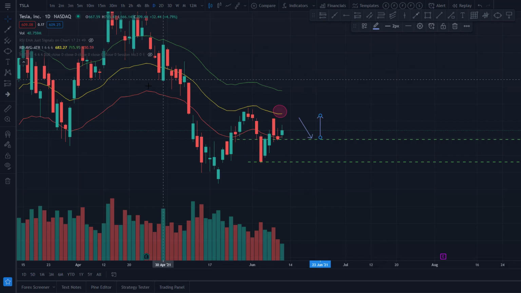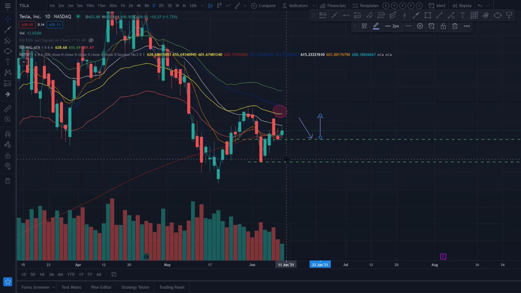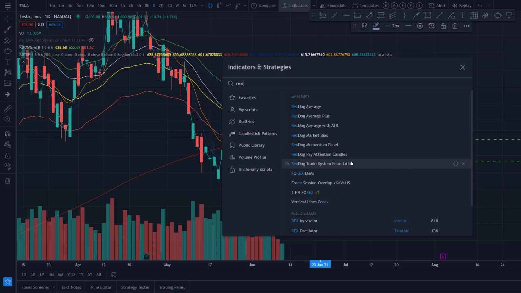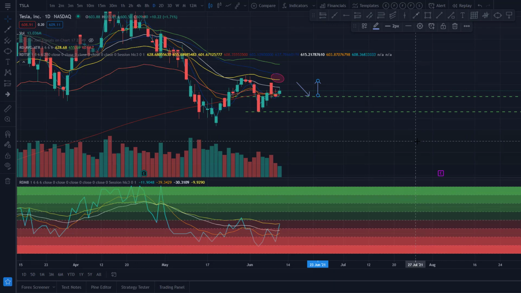See, why I created the RexDog system, why I really created its simplicity, is I use various indicators, EMAs, moving averages. I've just added a new one that I'm starting to rely on now. So let me add that. I'm not going to hijack the video. So let's do the market bias. This one, I've been starting to rely on a lot.